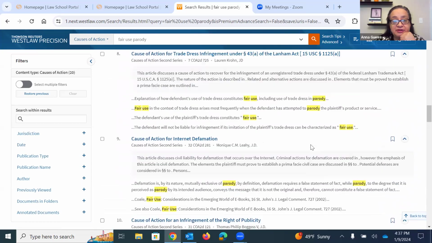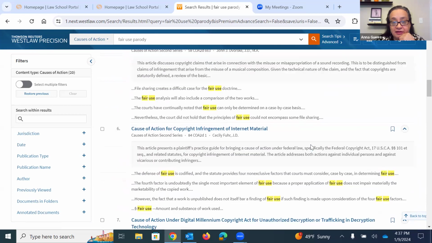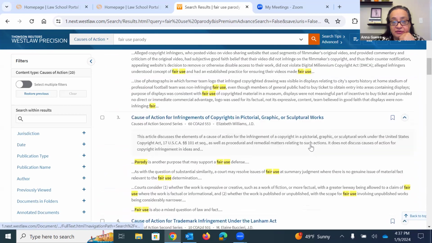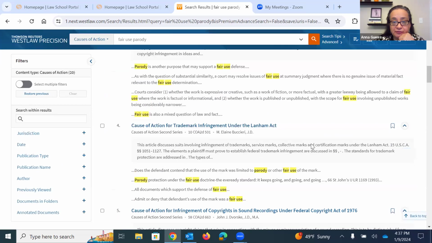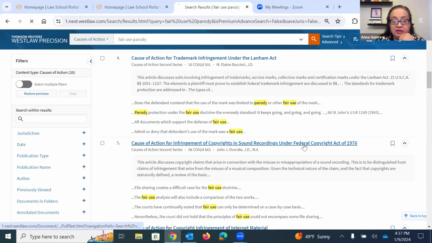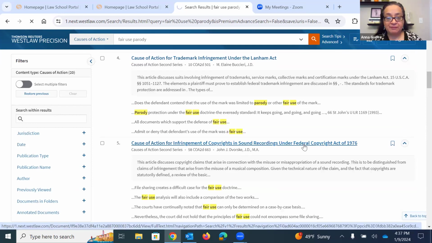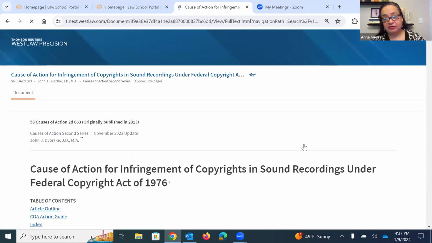So in this case, I'm going to go back up and click into the article about sound recordings. Whoops, passed it up. Where did it go? Oh, here we go. Cause of action for infringement of copyrights in sound recordings under the Federal Copyright